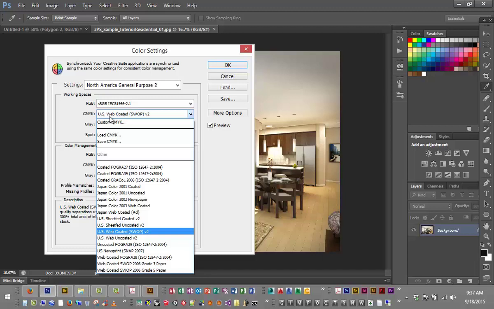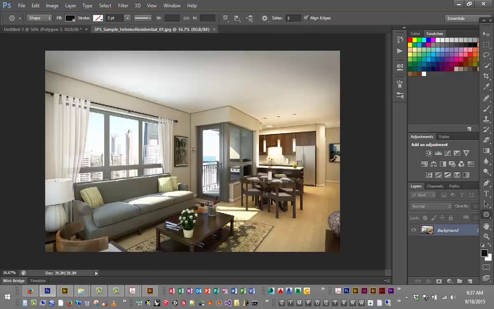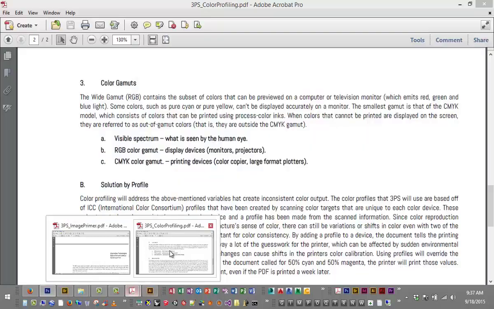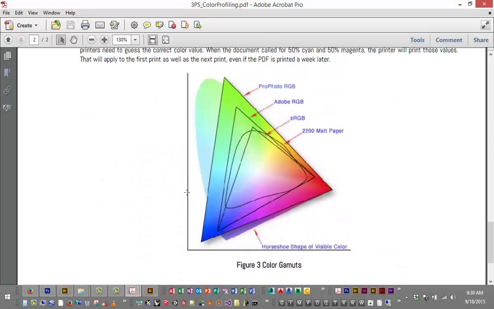So a color gamut is the range of color that I can get out of a specific type of color defined by the color profile. If I look at color profiling, here's my gamut range. Okay, so when we're talking sRGB, this is the whole entire visible spectrum of color that I can see with